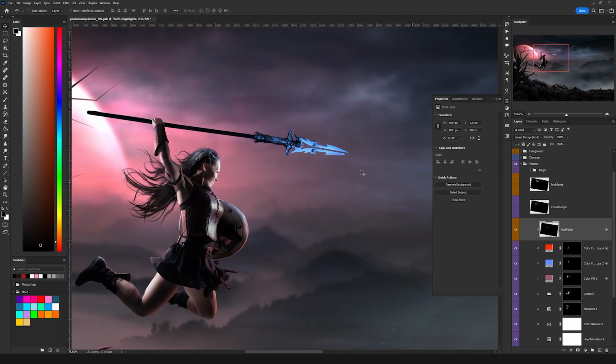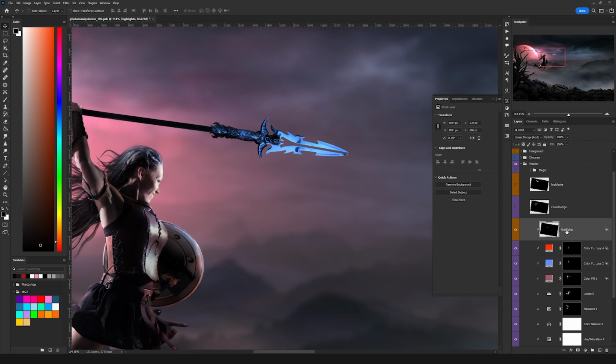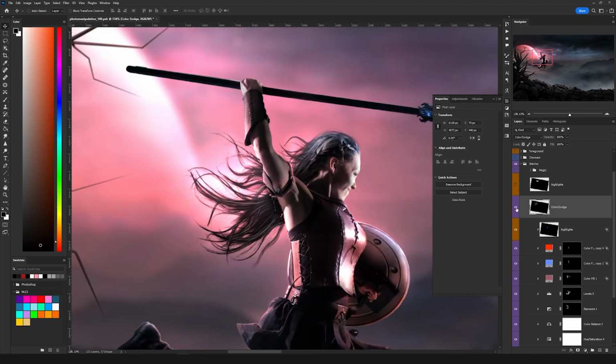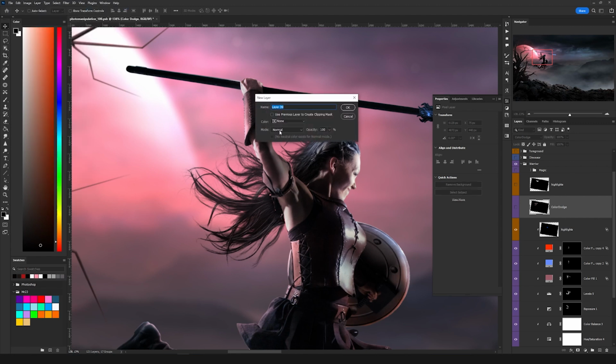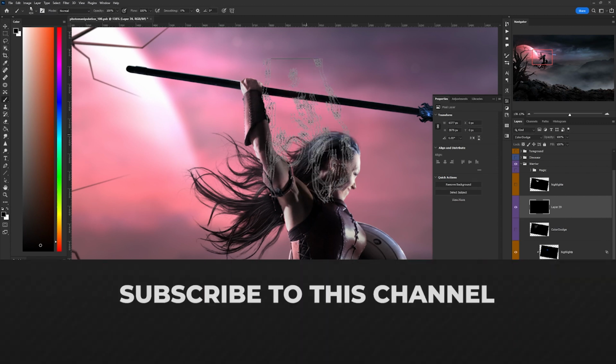And then for the dagger, for the spear, I have used the linear dodge layer and I have painted with a blue color. So I have used a color dodge. If you don't know how to do that, it's the same thing. Go to layer, new layer, and here choose color dodge and fill it with black. Now